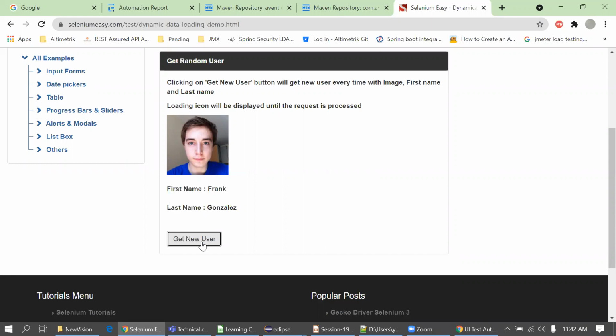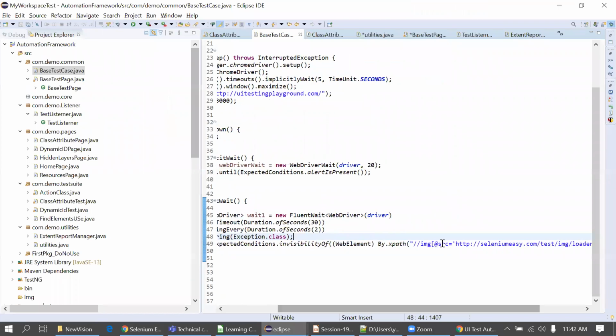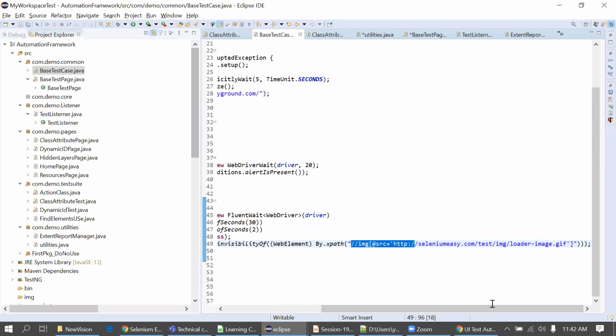If you go to the code, you can see the image URL over there, right? Yes, this one. This is never changing. When it is loading, right, after this is getting changed, it will show something else. Correct? When the image is loading, the XPath will be present. When the loaded image becomes invisible, this XPath will not be found anywhere. So there is a trick to find the XPath of this loader actually.